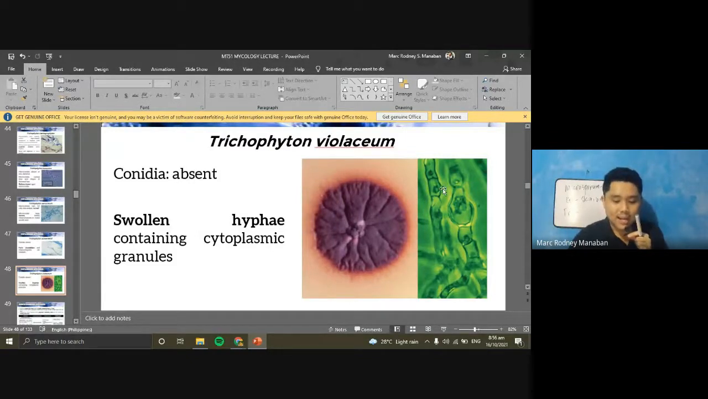Alright. Now, swollen, iyang hyphae, ayan, as you can see, and nasa cytoplasmic granules. So this is still a chlamydospore, intercalary, no, swollen, no, ni hubag. Okay, ayan. That's Trichophyton violaceum. Again, take note of the mga keywords, dears, ha? Basta gani mga